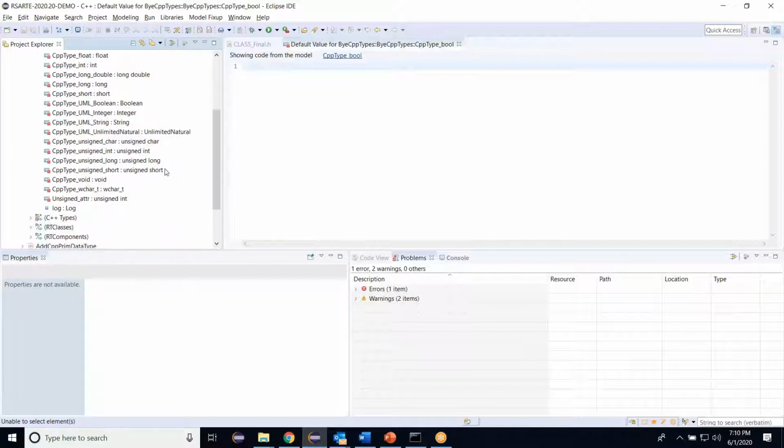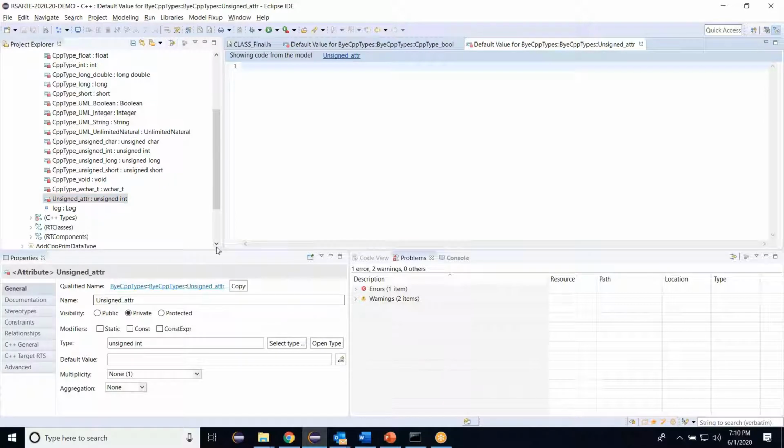Similarly, we have done this for unsigned. Initially it was unsigned, now unsigned gets converted to unsigned int. So this type reference fixup also converts unsigned to unsigned int.